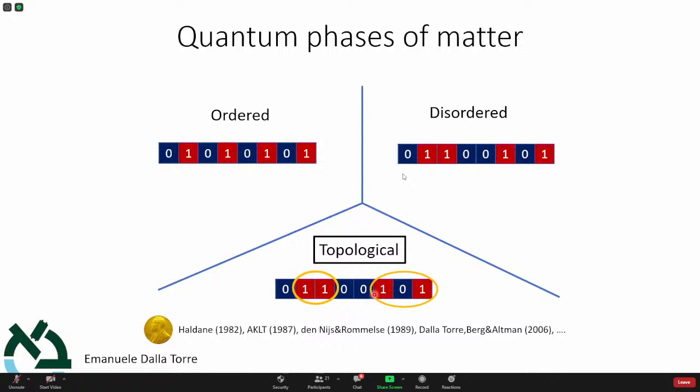Condensed matter physicists. So when we speak about condensed matter, what we have in mind is a Hamiltonian and the ground state. We say, okay, the Hamiltonian is some interacting Hamiltonian, and then I ask myself, what is the ground state? For instance, is the ground state ordered or is it disordered? Is it topological? That's the question that we ask.